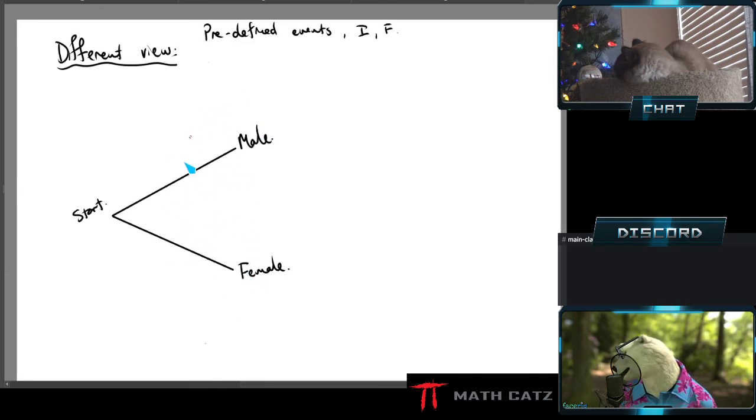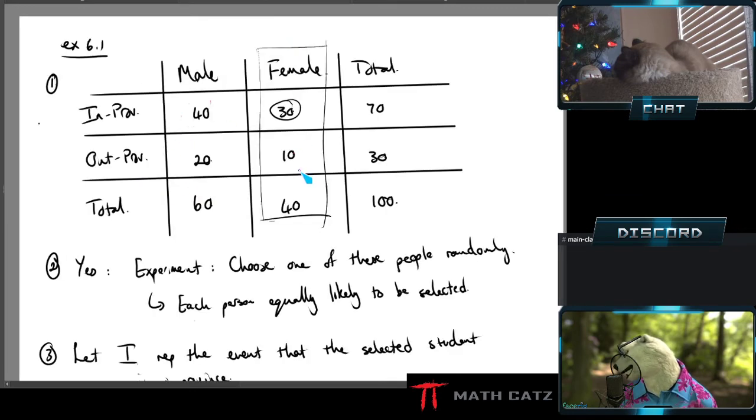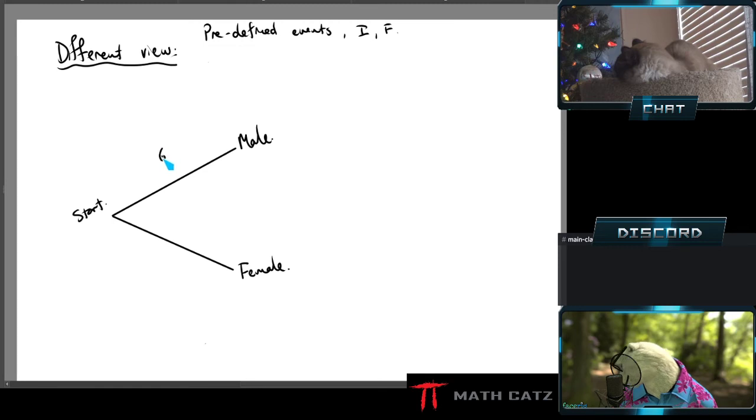And there are probabilities associated with how likely they are to pick either one or to answer. It's a random person, right? What is the probability? Go to my right page here. What is the probability of the person answering male? Well, that's going to happen if I pick one of the 60 out of 100, because there are 60 out of 100 males. So the probability here will be 60 out of 100, and I'll put it right on that line. The probability of selecting a female will then, of course, be 40 out of 100.